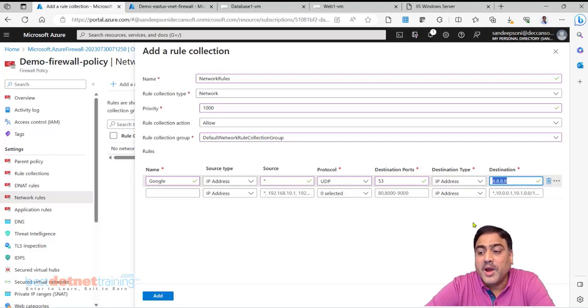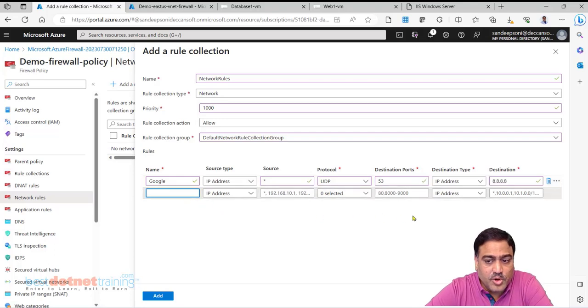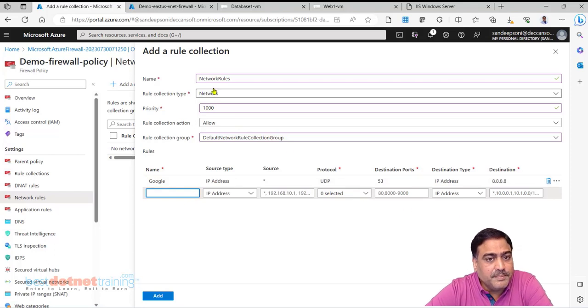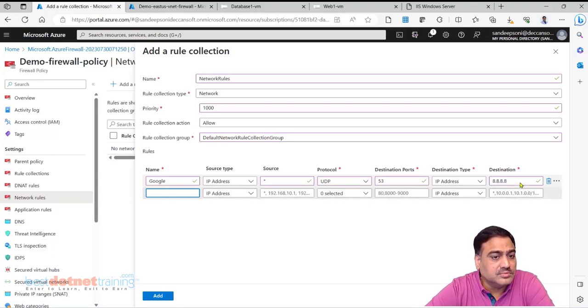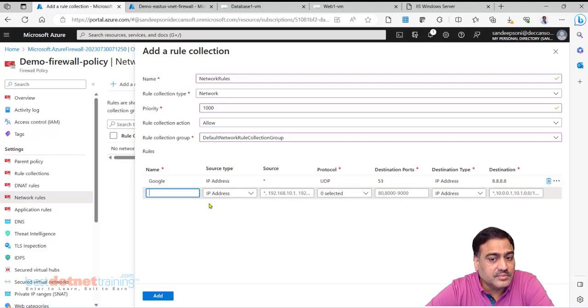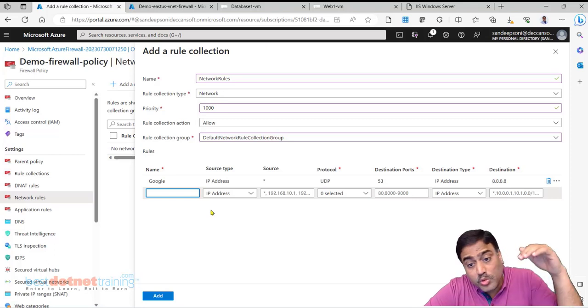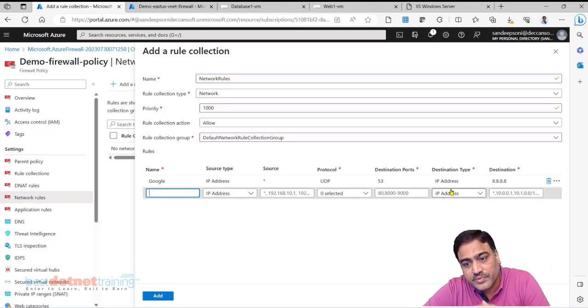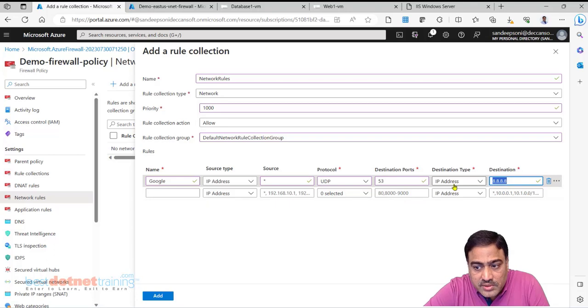This is the DNS server by Google. Like that, if you want to have one more DNS server configuration, you can do that. So basically, by default, all network rules are suppressed. I'm allowing now whatever rules I want to. Outbound network rules. We are saying Google DNS server is accessible.